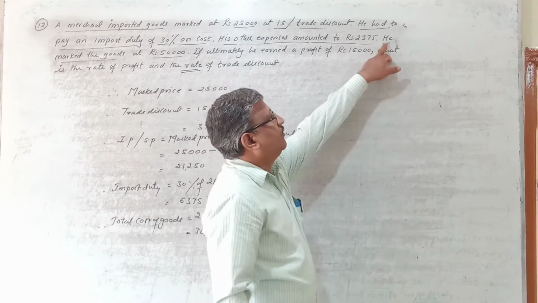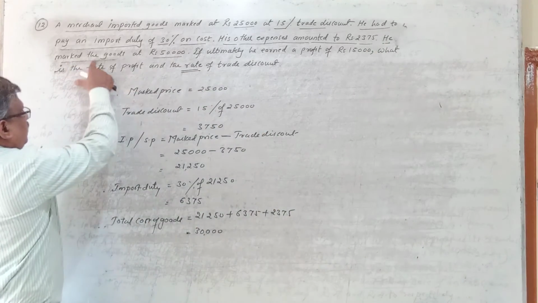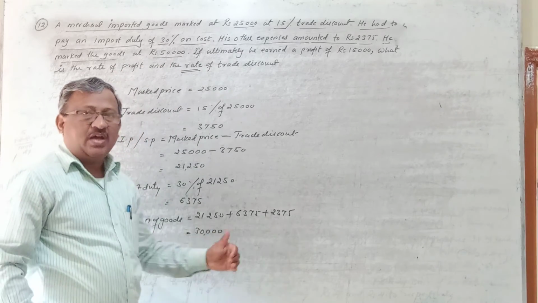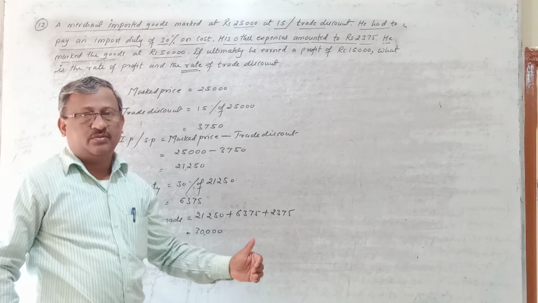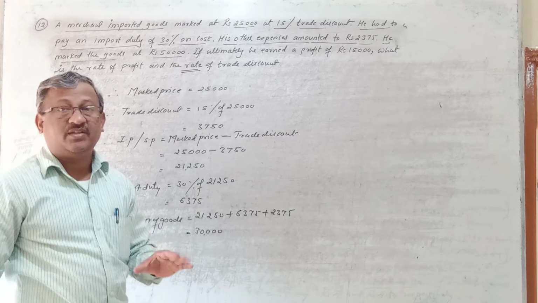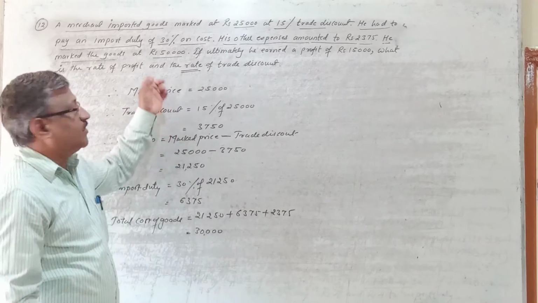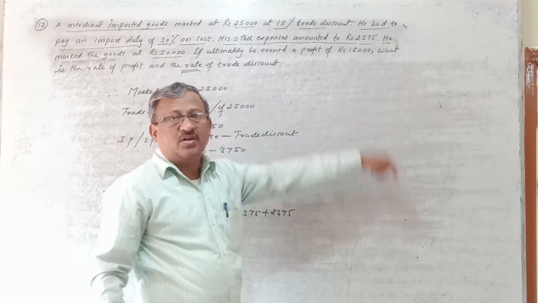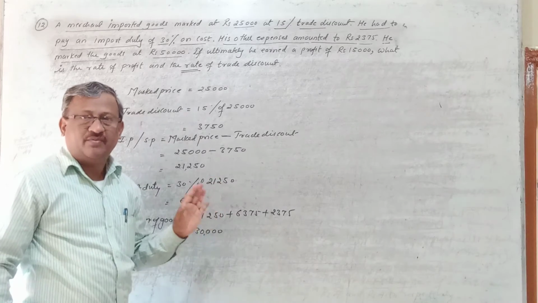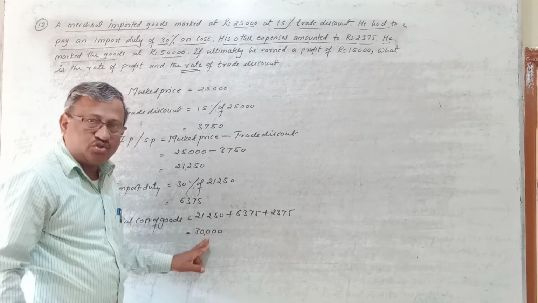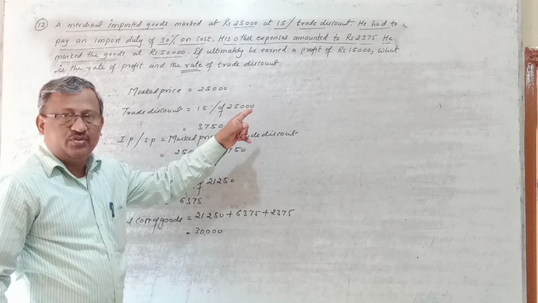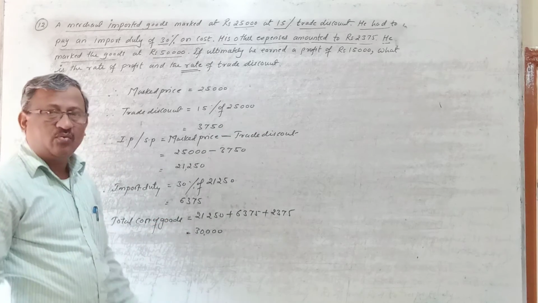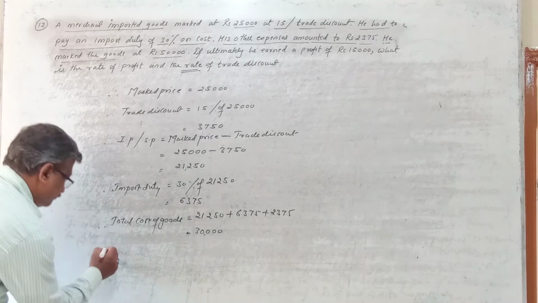So in the next line they have given, he marked the goods at rupees 50,000. Means the same goods he has marked for sale at 50,000. Means he has increased this cost by 20,000 rupees, right? And after selling these goods, how much profit has he earned, it is also given. It is 15,000. Means profit is given in the problem, right? And we know his cost also. So as cost is known, profit is also known. Means I can easily determine his selling price. So first you calculate what should be the selling price.